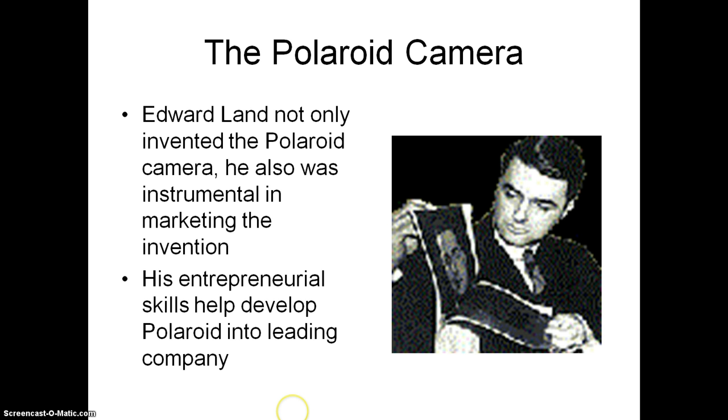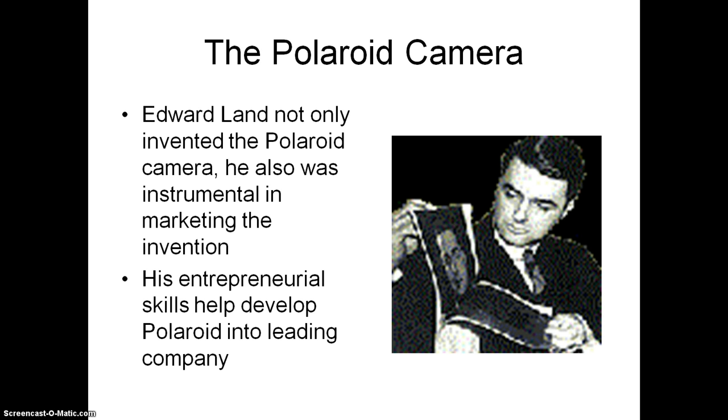There was another guy called Edward Land, and back in the day, back in the 40s and 50s, you could take your little Brownie camera and you took the film canister and you took it down to the drugstore and they sent it off to the lab, and a week or so later you got your pictures back. Okay? The technology for the camera and the technology for developing the film were there. Well, Edward Land was on vacation with his daughter, taking pictures, and she looked at him and she said, "Gee, wouldn't it be nice if we could see our pictures right away?"